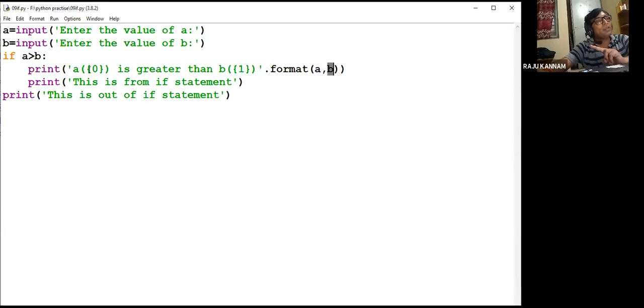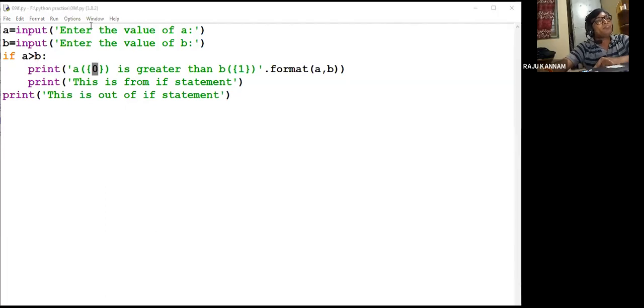Okay, so now here we are telling that you print value which is mentioned first in the format function. First means a, indexing will always start from 0. This is 0 index, this is 1 index. So we are telling that we have to print b here, but here two variables are mentioned now. So which is b? Second variable now. So second variable index is 1. That's why we are mentioning 1 here. This one we are mentioning 0 here. Okay, is it clear?